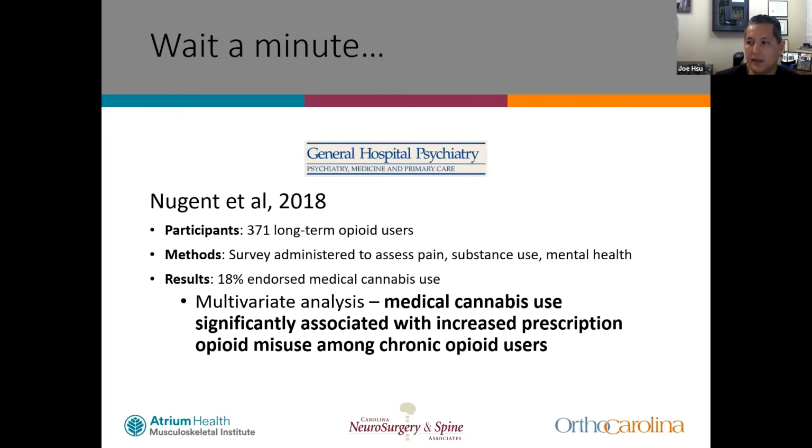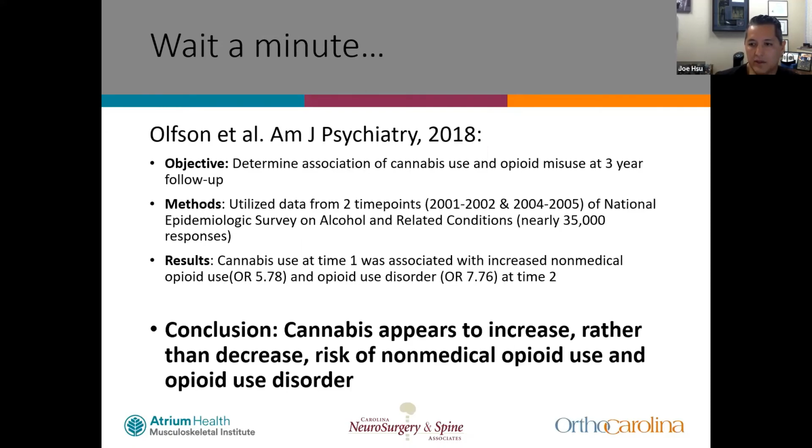And this concept that cannabis is going to be a solution to the opioid epidemic, again, is not really supported very well in the literature. In fact, medical cannabis use seems to be associated with increased opiate use or even misuse among those people that are chronic opiate users, so already on a stable dose. And so again, another more data that it probably is not the solution for the opioid epidemic, but definitely warrants